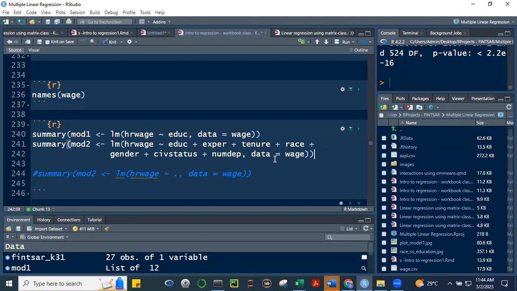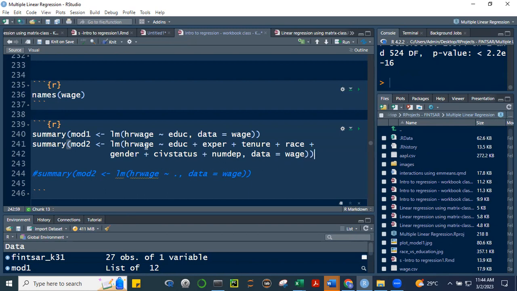Zip code, unless you're using the zip code as a classifier, kunyari zip code ng certain town or certain city, di ba? Pero kung zip code lang as it is, what will be the sense of using that? Or address, etc. Okay, so here we're now regressing hourly wage on all our parameters, okay?